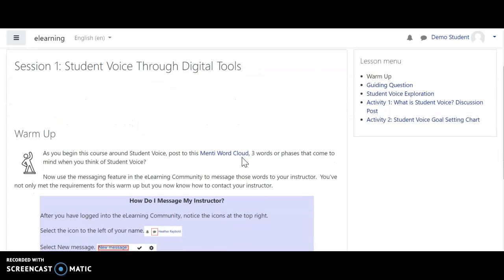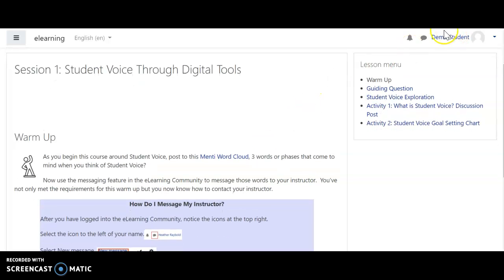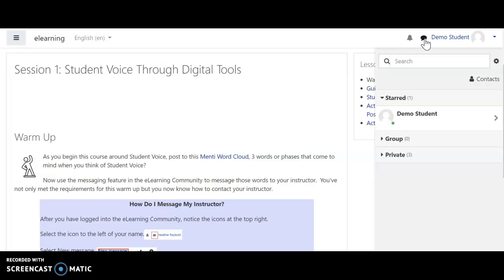So after you have sent your 3 words into Menti, I want you to become familiar with Contacted Me in the course. So up at the top right hand of your screen, and I'm logged in right now as a demo student, you can select this little message symbol. And it's going to have a search bar here that you can